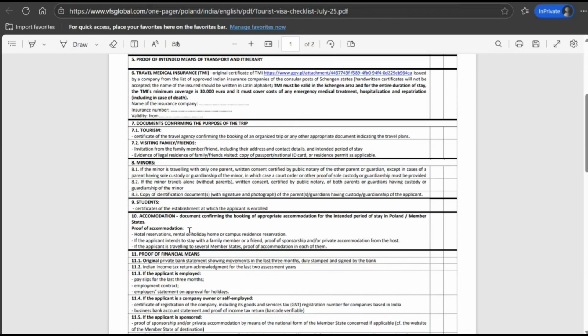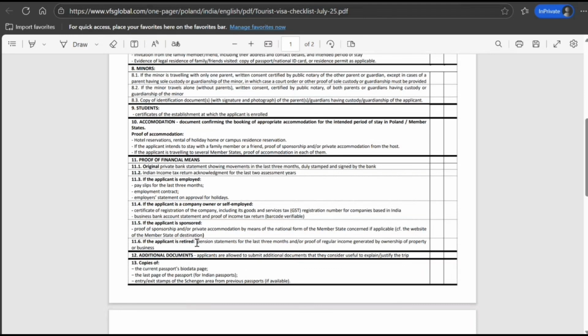If you're employed, payslips of the past 3 months, employment contract, and approval for holidays. If you are self-employed, then there are other requirements. If you are being sponsored, then proof of sponsorship. If you are retired, then pension statement. Basically, they want to establish who you are and whether you have sufficient funds to support yourself. Additional documents, if you really want to. You have to provide copies of passport, biodata page, last page of passport, entry exit stamp,